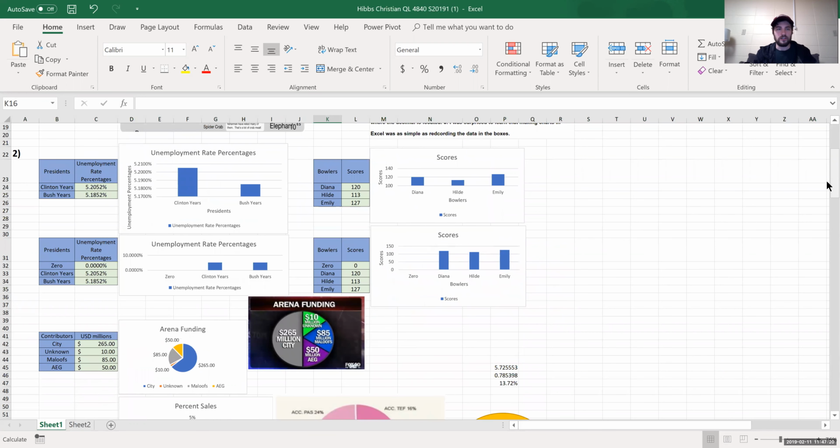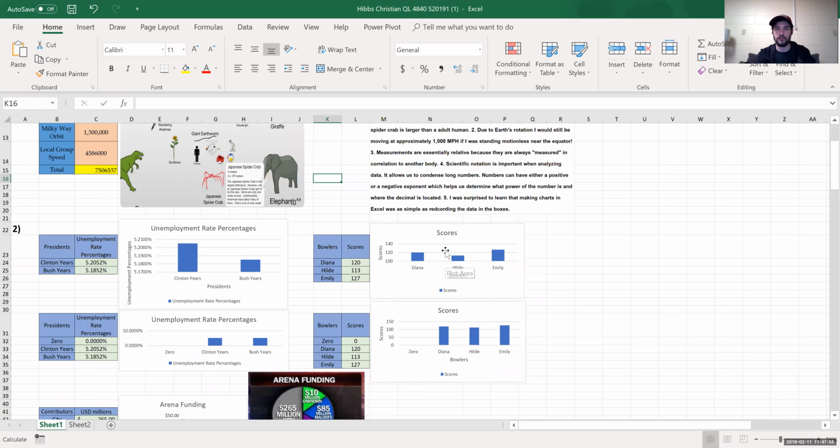Number 2 was my favorite section besides number 6. Number 2, we learned how to identify false information in graphs. As you can see right here, we analyzed the percentages. In the false graph, the unemployment rate in the Clinton years was very high compared to the low unemployment rate during the Bush years. Well, when we altered the base of our graph and started it at 0, you can see that really the unemployment rates were very similar. This can be applied over here also. You can see that these bowlers have more of a gap between their scores, but when you set the base to 0, it's more even.